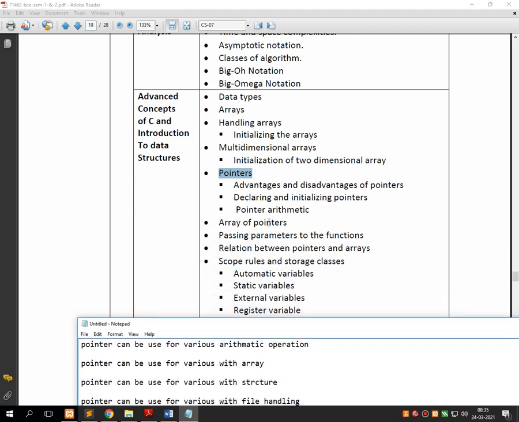That means pointers are used with array, and how can we use pointer with various arithmetic operations and so on.